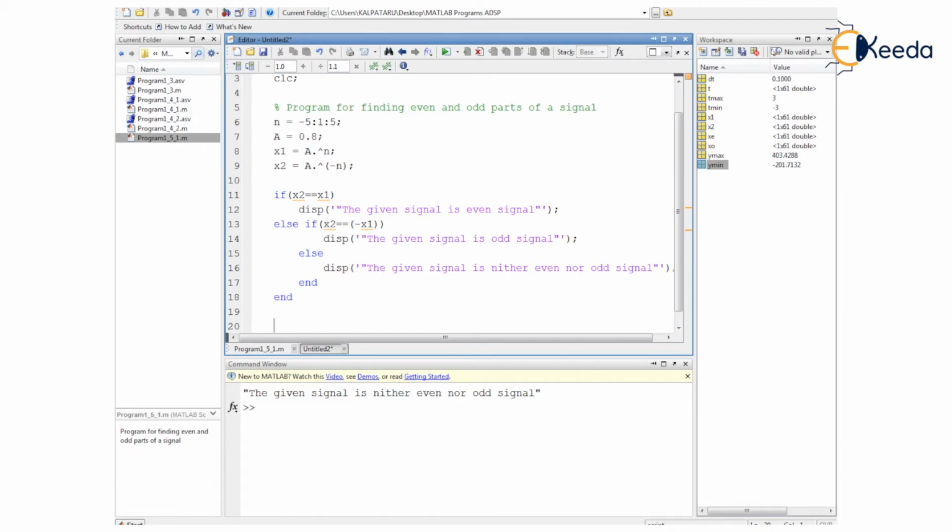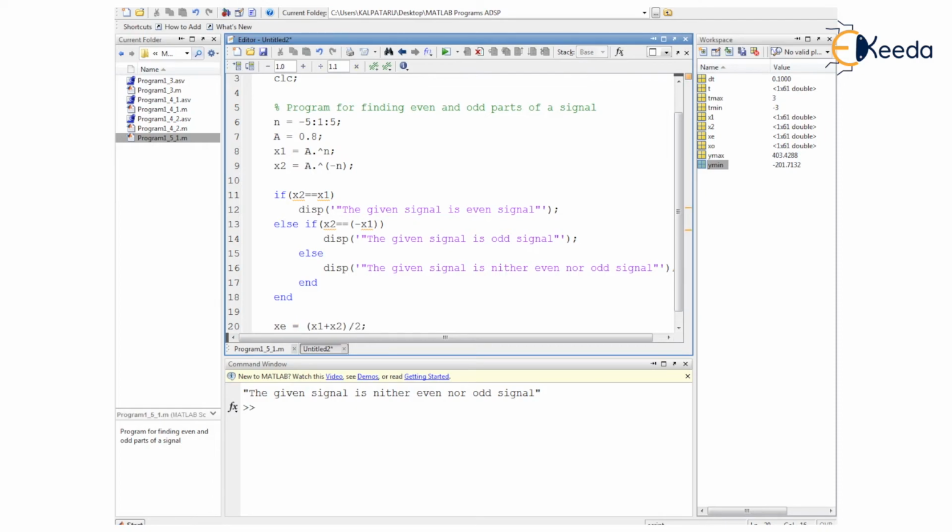Now let us have determination of the even part and the odd part here. Let us hold the even part information by the variable named xe, defined as xe is equal to addition of the earlier two variables, that is x1 plus x2, which is divided by 2.